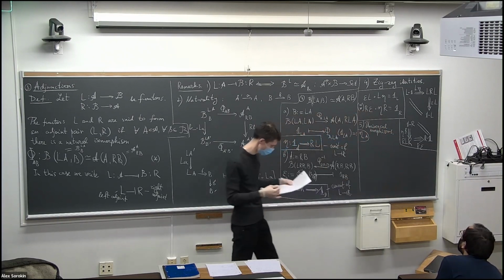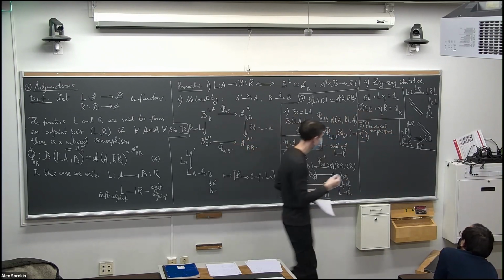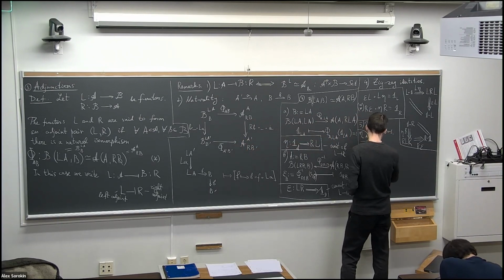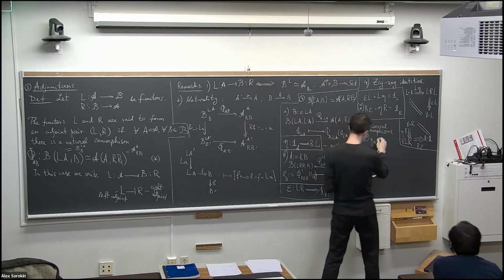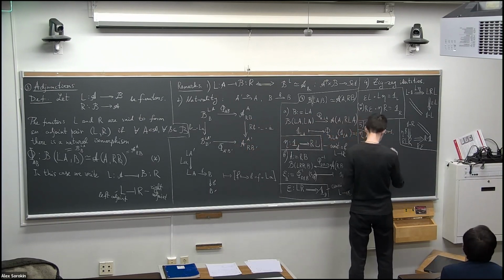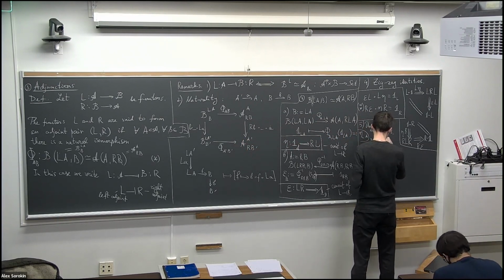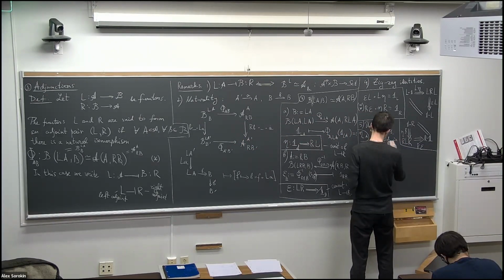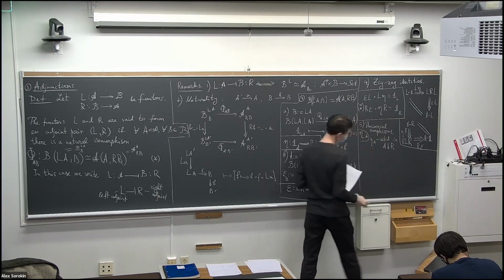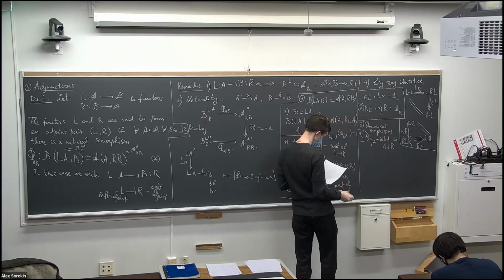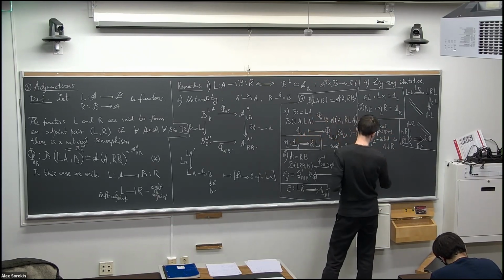What it says is that eta A is initial in the comma category A comma R, and epsilon B is terminal